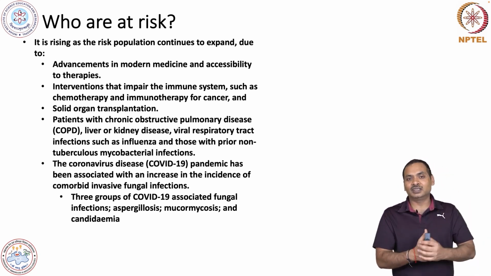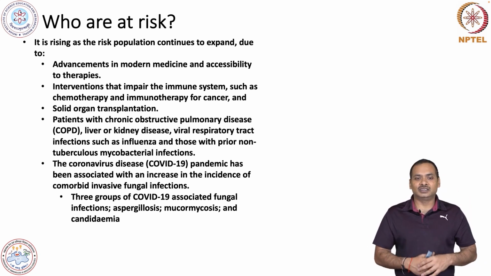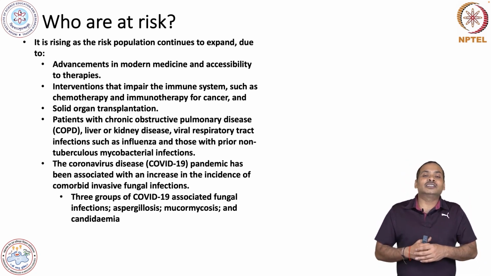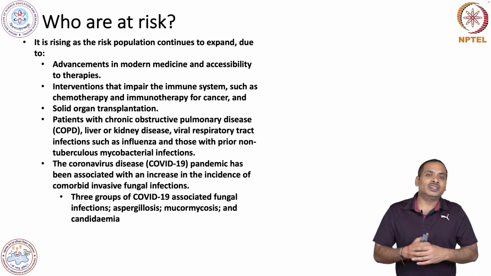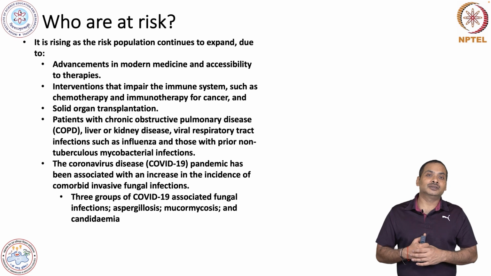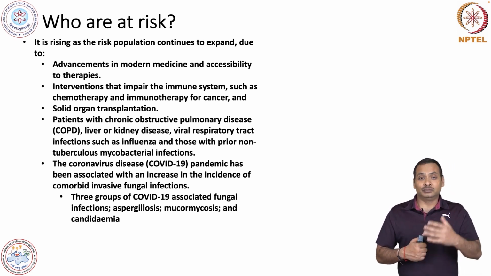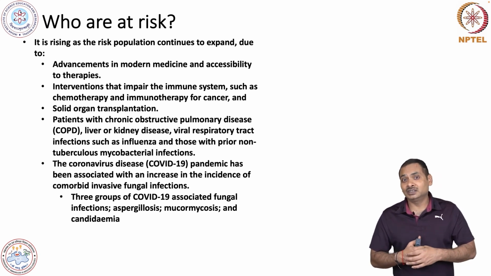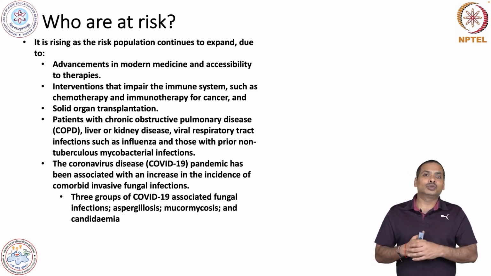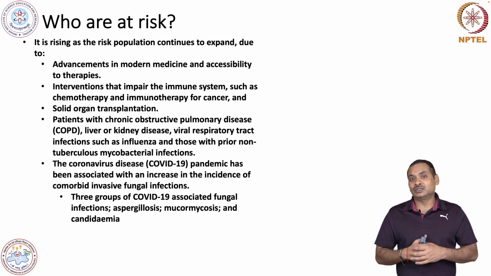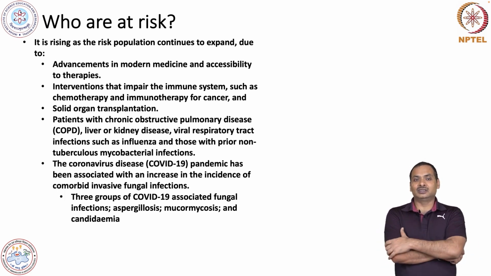Okay. So, here you can see a very good association between fungal infection and other diseases. This viral disease is associated with fungal diseases, and mucormycosis is a quite dangerous disease. This infection can take place in various places. It can take place in the brain, it can take place in the nose, it can affect the lungs. Pulmonary mucormycosis is also there, and this can affect the central nervous system and various organs. Okay. So, this is a quite dangerous disease.